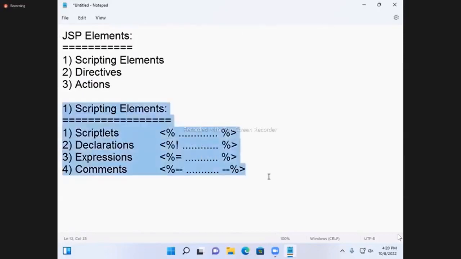And we have another way also, that is also given: scriptlet tag name, declaration tag name, expression tag name. So you can use this syntax or that syntax. Two syntaxes are given for scriptlets, declaration, expression, comments. If you want to use these all,